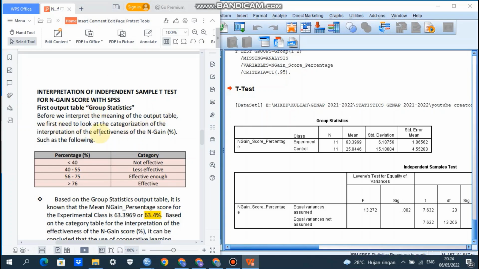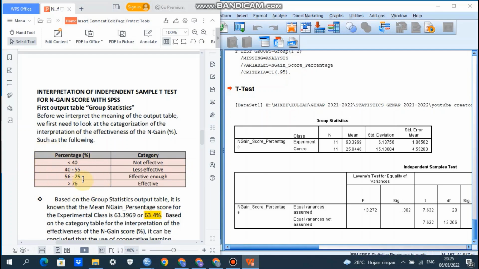So we go to interpretations of independent sample t-test for n-gain score with SPSS. First output table, group statistics. Before we interpret the meaning of the output table, we first need to look at the categorizations of the interpretations of the effectiveness of n-gain percentage. If it is less than 40%, the category is not effective.